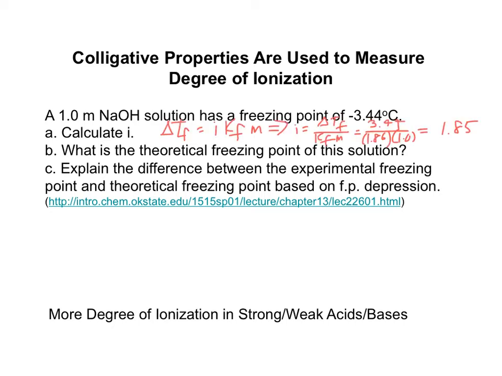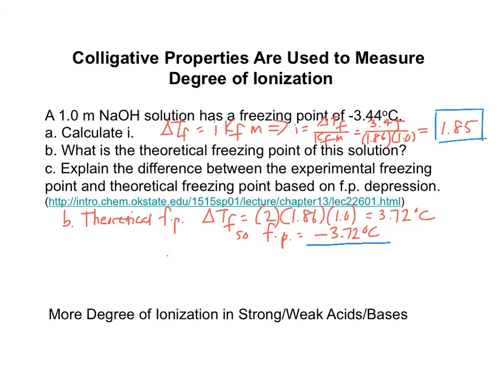And the answers are... using the freezing point depression equation and the data given, i equals 1.85. In theory, the freezing point of this 1.0 mol sodium hydroxide solution should be minus 3.72 degrees Celsius, assuming complete dissociation of the sodium hydroxide. So the difference between the experimental freezing point and the theoretical freezing point is that the sodium hydroxide does not